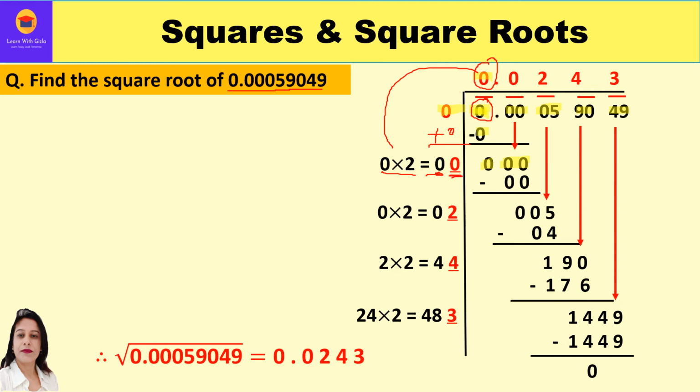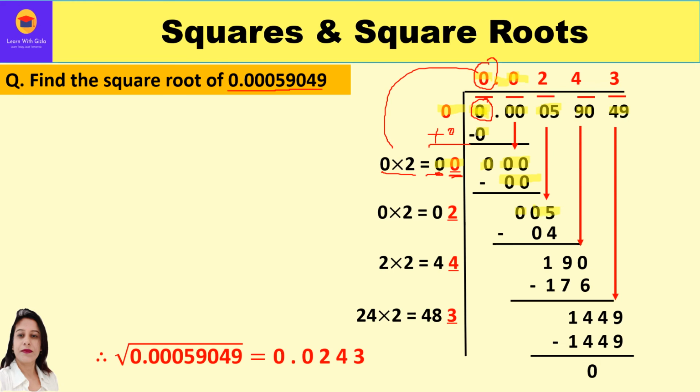Because we have finished with the whole part and we are going to start with the decimal part, just insert a decimal point in the quotient. So it will become 0 point. Now whatever quotient comes, that will be the decimal part of the quotient, right? So over here we can have 0, 0 multiplied by 0, we get the product 0, 0, subtract it, you will again get 0. Now bring down the next period 0, 5, right?